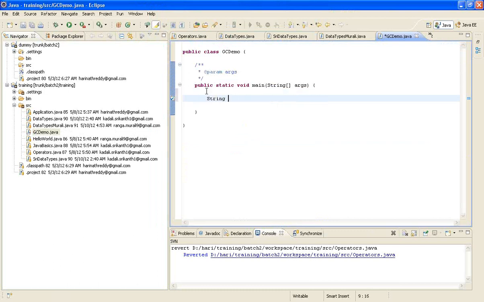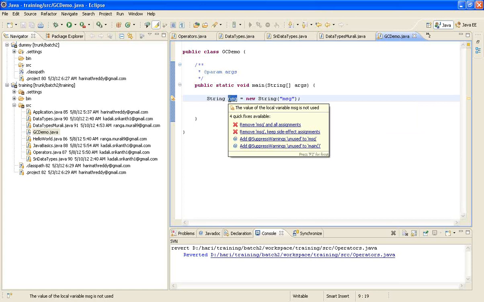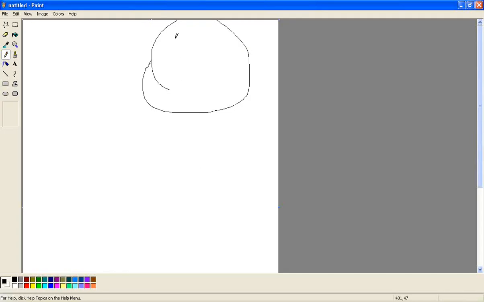When I create an object, say String msg equal to new String of msg. Now what really happens in the memory is that when I'm using the new operator, memory gets allocated, and an object is created, and that is assigned to a variable called msg. And how that really works is that you know